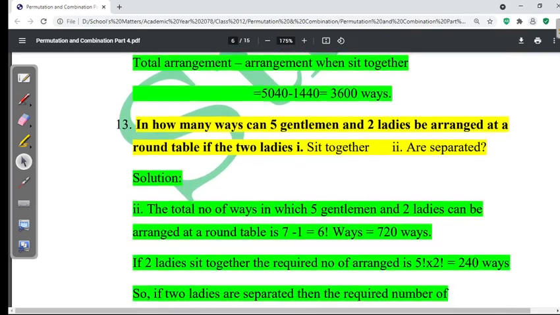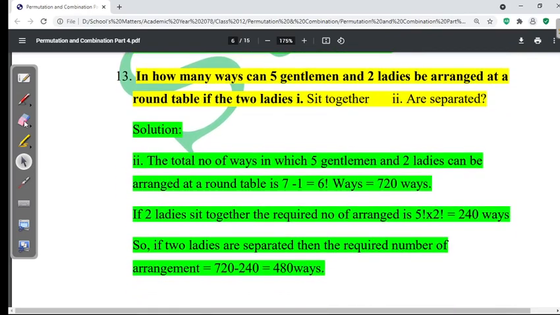that is 3600 ways. Now moving to question number 13, dear students, in how many ways can 5 gentlemen and 2 ladies